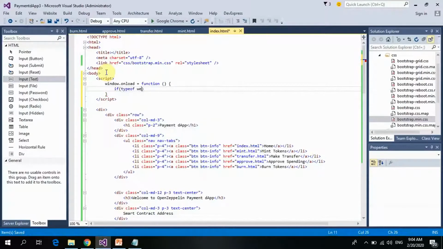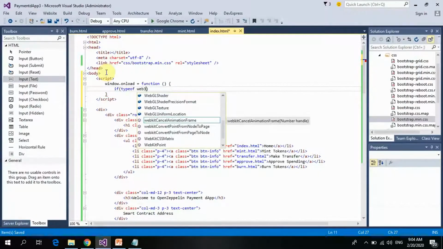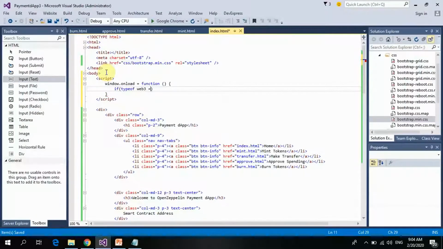So typeof Web3. If it's undefined, like for example, if we run this on Internet Explorer, then we should have this error. So if this is undefined,